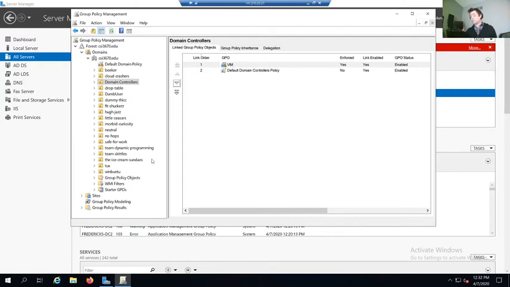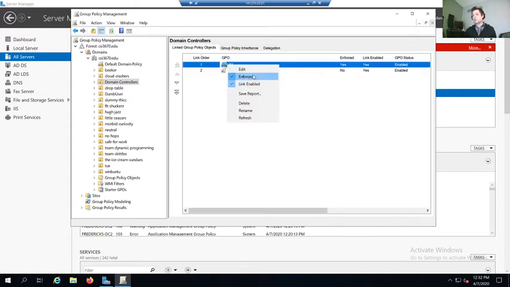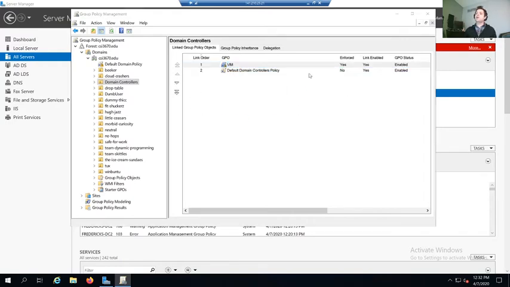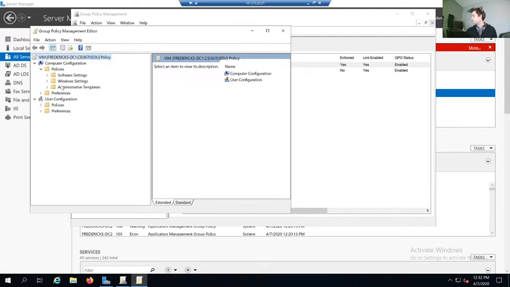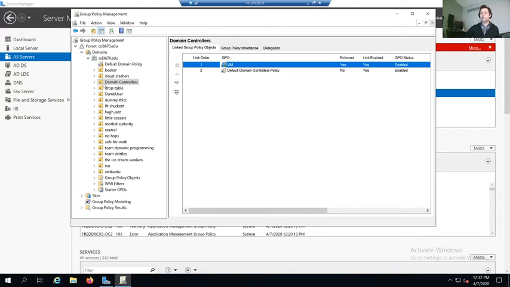This is the thing that is broken, by the way, if anybody knows why it doesn't work. We'll see in a moment. But basically, again, it is linked. If I right click this, it is link enabled. I also set it to enforced. Again, this was the hierarchical execution of GPOs. We want to make sure that this thing is being executed regardless of what the local policy is. And then we can edit it. We all remember this lovely form from your lab three or four labs ago, where you had to dig down and figure out what's where. So make sure the group policy object is linked to whatever container you have.